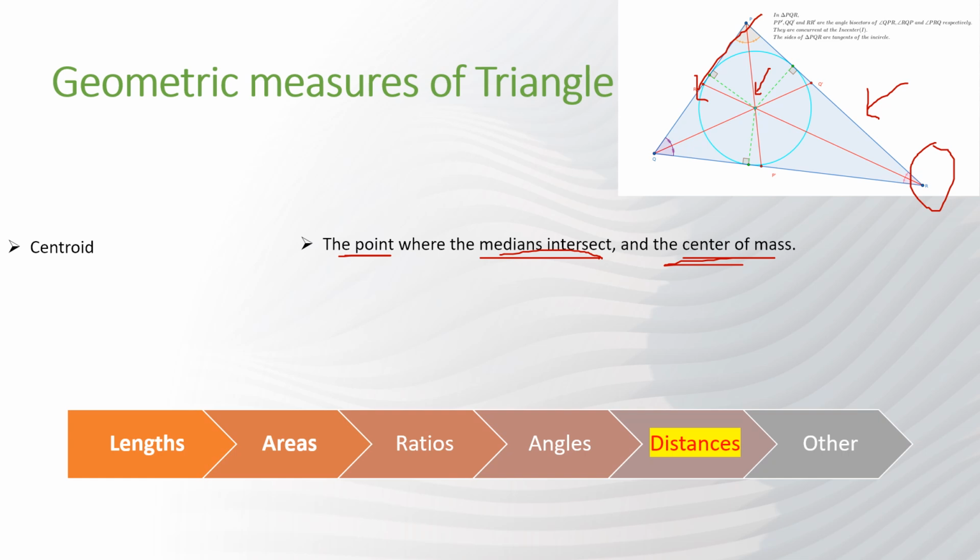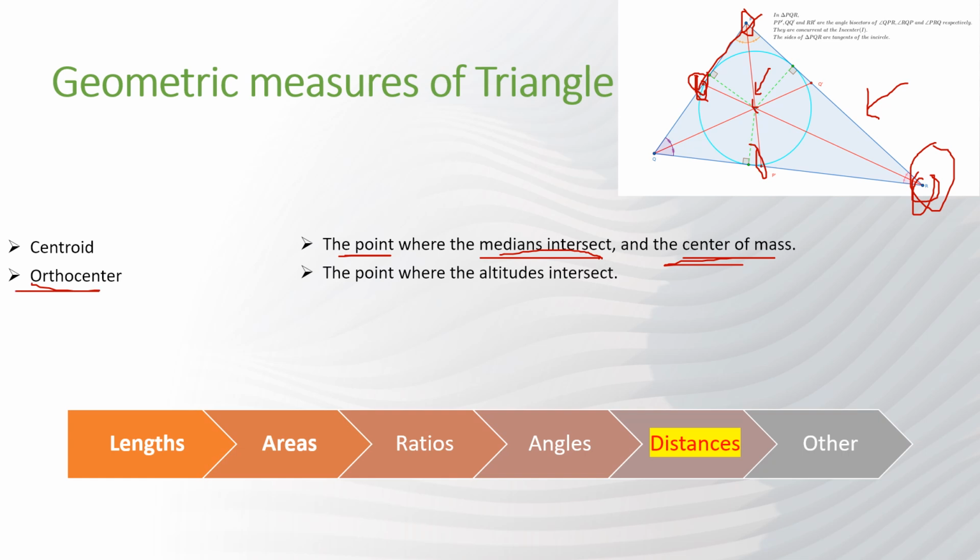It is a point from the vertex to the midpoint of the opposite line. You join a vertex and the midpoint of the opposite line, and that is one vertex. Similarly, do it for all vertices. Where these lines meet, that's called the centroid. One more geometric measure we keep using once in a while is